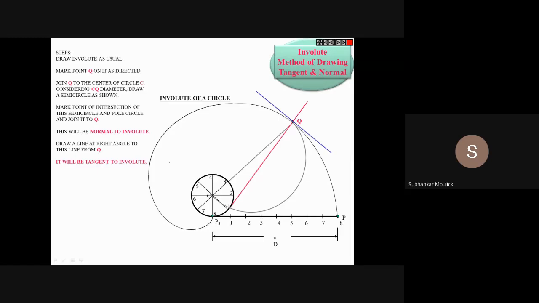But you can expect that in this assignment you may lose one or two marks because of that cursive handwriting. Because that is the rule: every time we have to go for block letters, capital block letters in drawing. Not an issue. Hardly 0.5 or 1 mark may be deducted. That is not an issue.